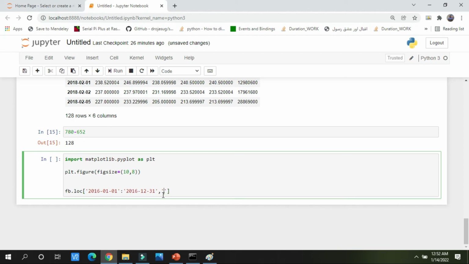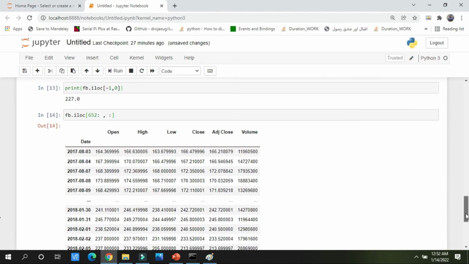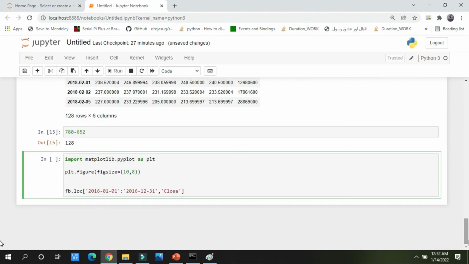After slicing these dates, I want only the values of the column close. Now, after writing position by label and the slicing technique, I will write the function plot.